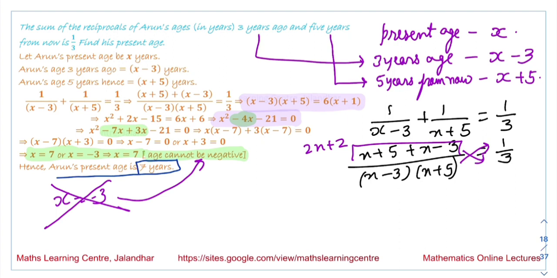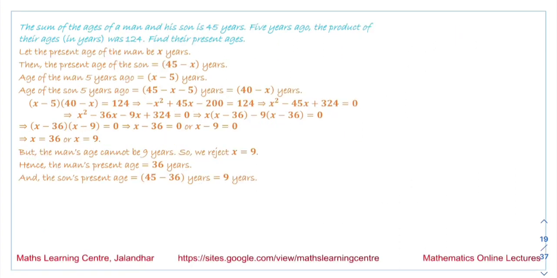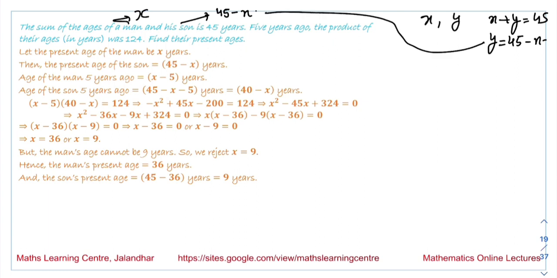Now next we have: the sum of the ages of a man and his son is 45. Suppose the present age of the man is x, then the age of his son will be 45 minus x, because suppose one age is x, the second age is y, then x plus y is 45, and we get the value of y is 45 minus x. Now we are talking about 5